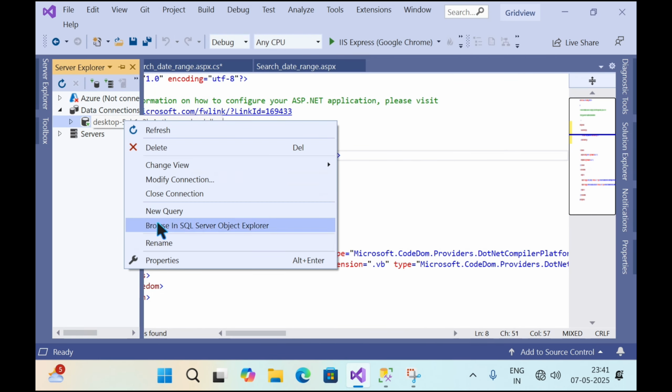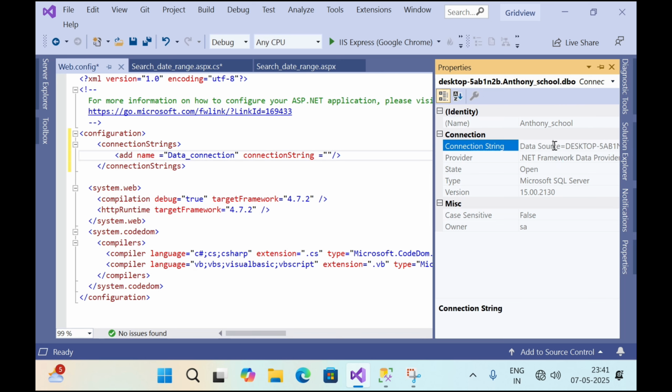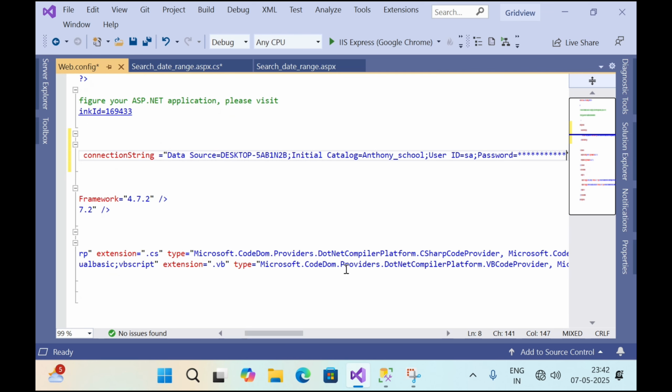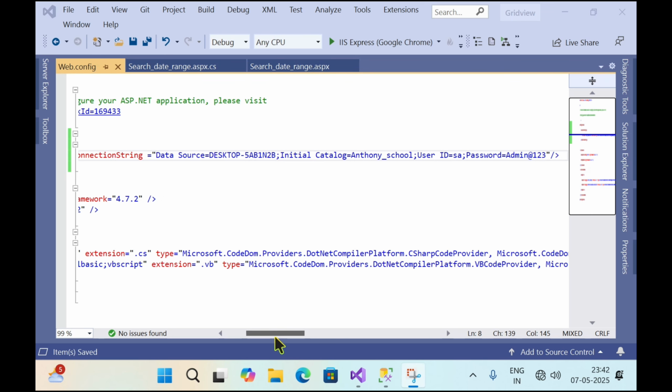Right click the connection, then click on properties and click on the connection string, then Control A, Control C and paste it over this connection string and change this password with the password of your SQL Server, that is admin@123, and save it. And you have to copy this